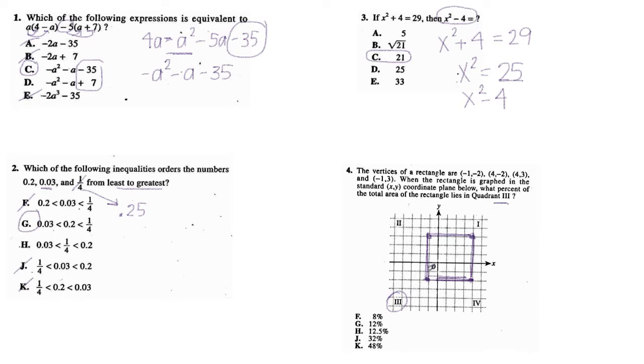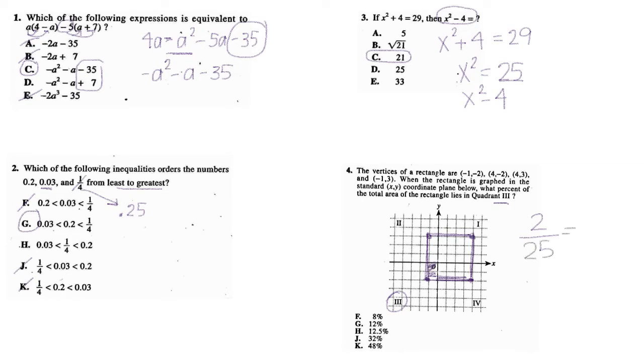And notice we have 2 of our squares in quadrant 3. So if we knew how many total squares we have, that would be great. So let's count off. We have 1, 2, 3, 4, 5. And then we have 1, 2, 3, 4, 5. So we really have 2 over